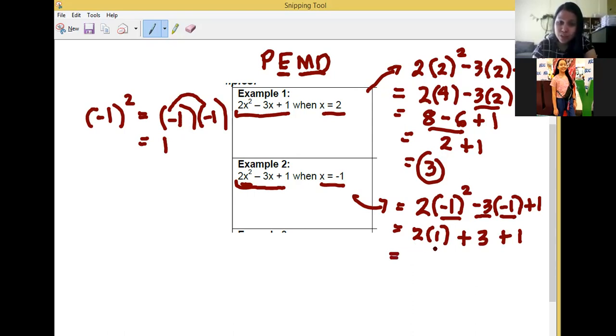Next, 2 times 1 is 2 plus 3 plus 1. The answer is 2 plus 3 is 5 plus 1. The answer is 6. Do you have any questions, Daniel? Wala po. Okay, now